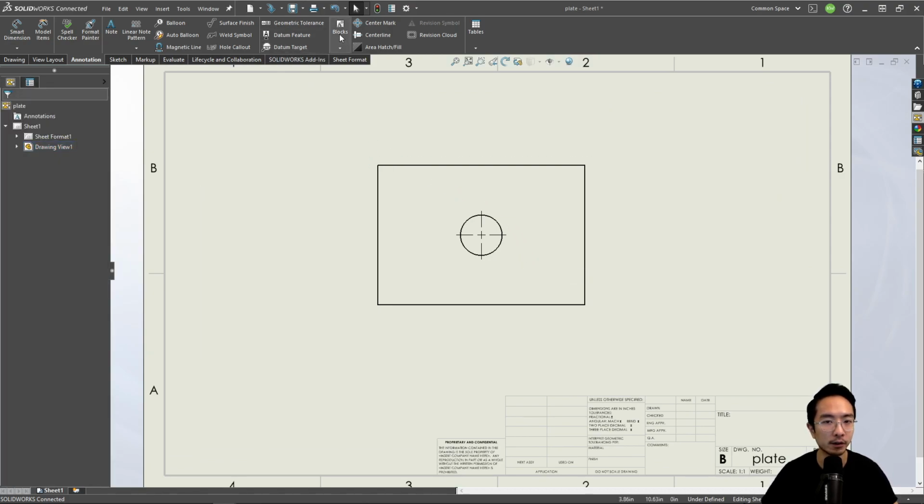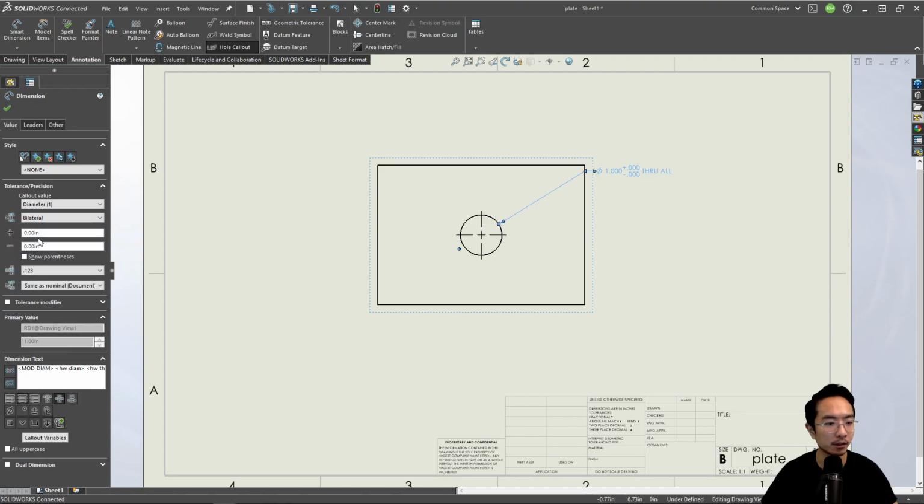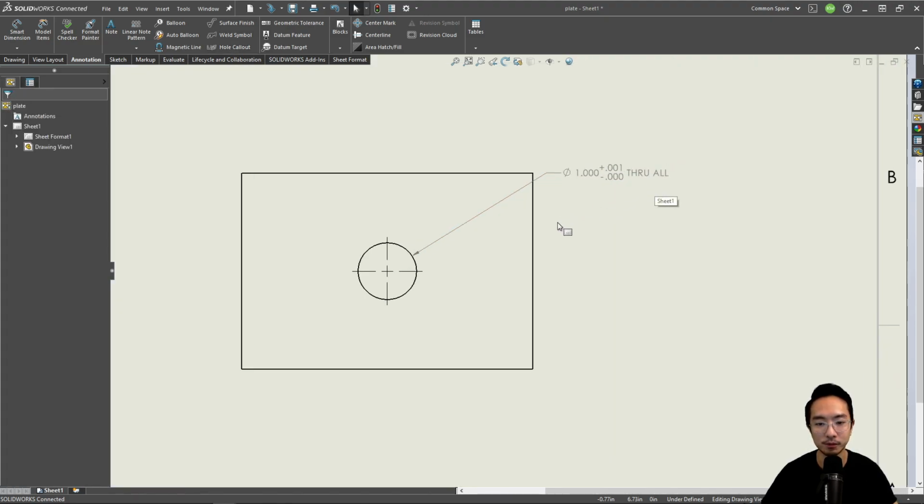If I go to Hole Wizard, where's Hole Wizard? Hole Callout, actually. So you can see here is the one. Notice that there are only 2 decimal places, whereas we like to work with 3 decimal places, so you could change that here. And then here you could have the bilateral. Because it's a press fit, you want the hole to be slightly oversized. So we're going to say 0.001 and then -0. This will be how you would tolerance it. Wait, actually it should